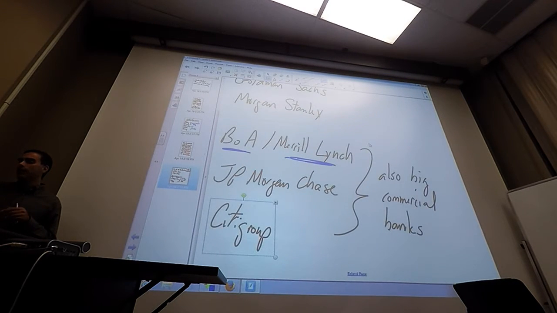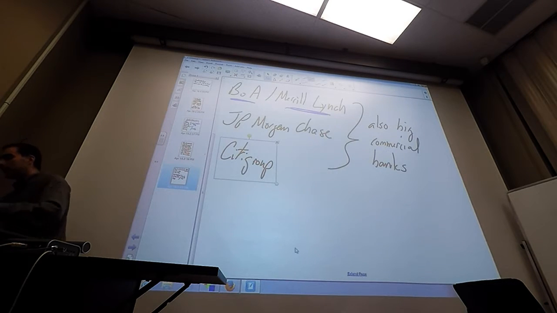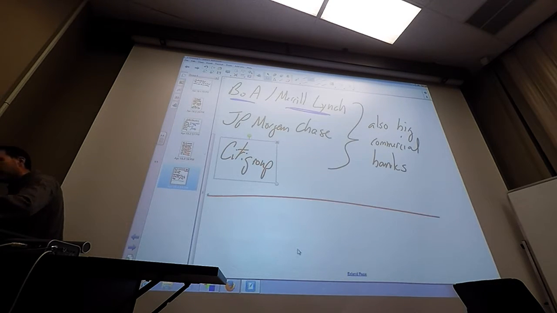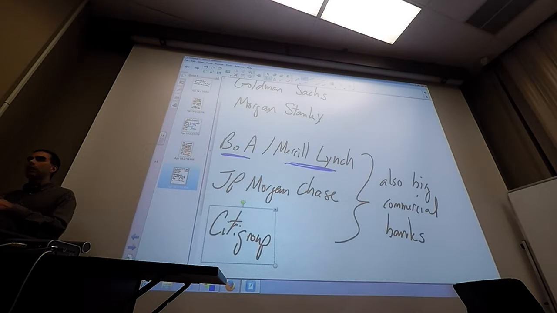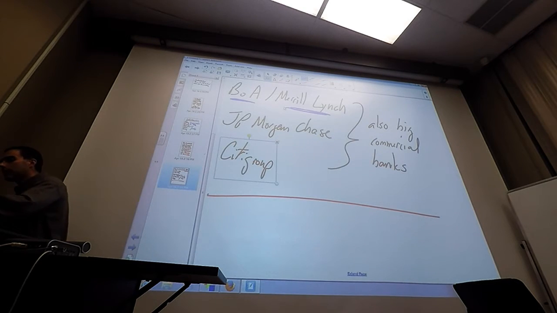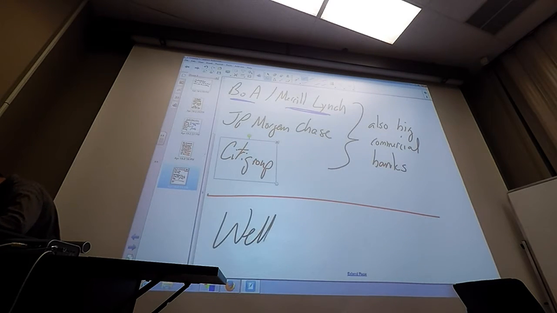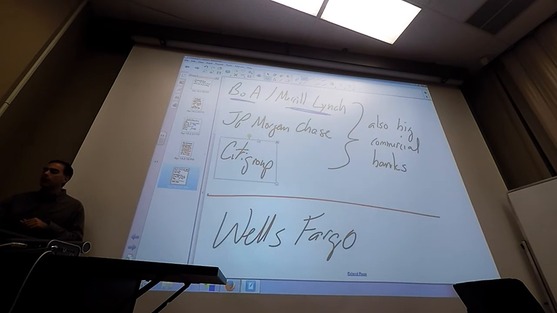And again, if you lump these all together, the one firm that's kind of missing here, like this list here, these would count as sort of the 5 biggest banks in the U.S. But then another firm, which is actually the number 3 biggest bank, which is not on this, is Wells Fargo. And Wells Fargo is not here because even though it's the second or third biggest bank, depending on how you measure it, they don't do any investment banking. They're a pure big commercial bank.